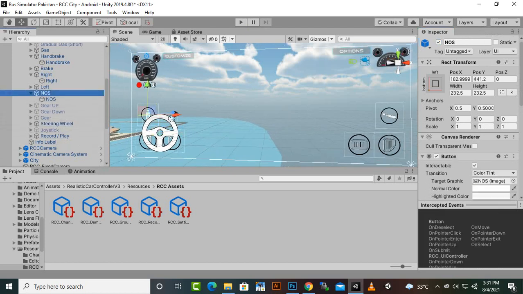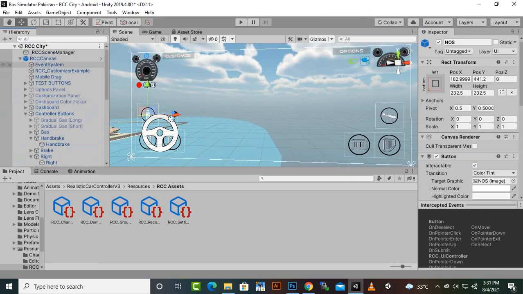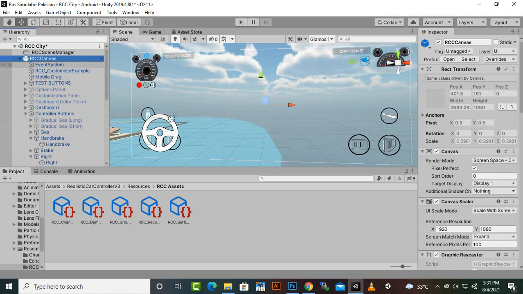Some things we don't need, so for NOS we don't need NOS. And one important thing is that RCC canvas is actually a prefab. Okay, so if you want to create some changes, we have to open this prefab before doing some changes. So I will just rename this canvas, and I will just make a new name. So we will say game UI like this,